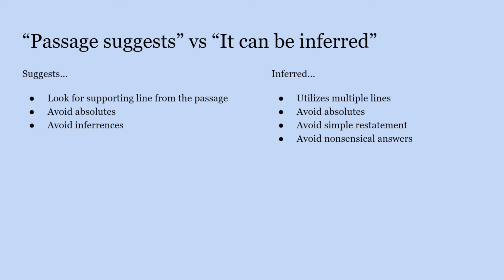However, when you're dealing with an inference question, you often need to utilize multiple lines from the text. You need to pull a fact from the first paragraph and the third paragraph, and consider what happens when you consider them together. Again, you want to avoid absolutes, but you also want to avoid answers that are just simple restatements or just use a bunch of keywords from the passage. It's usually not that simple. Those often tend to be trap answers. Also, you want to avoid things too far out there, too nonsensical. There are certain things that you shouldn't be able to infer, right? If it seems downright wrong or such a far reach given what you've read,